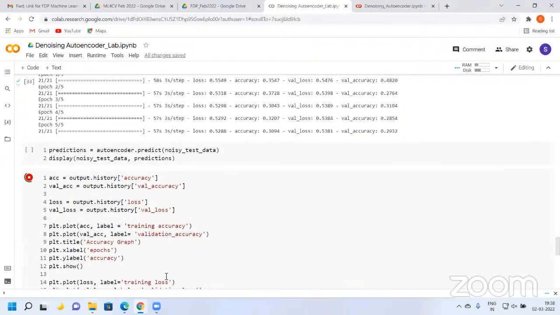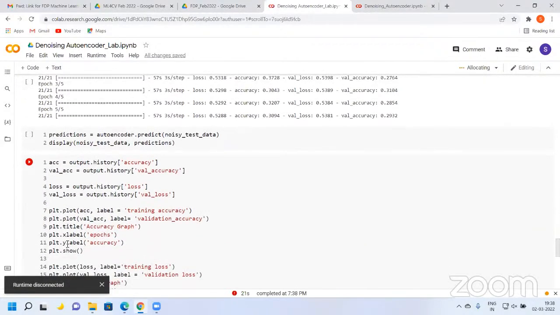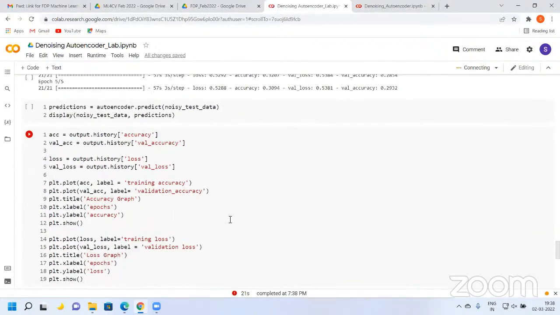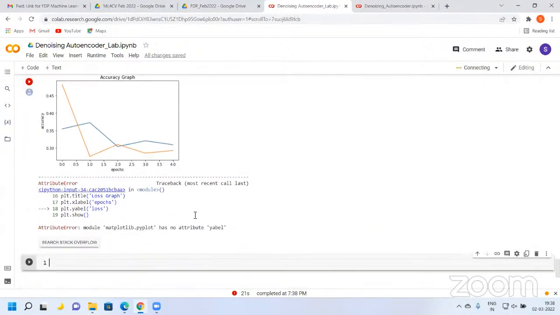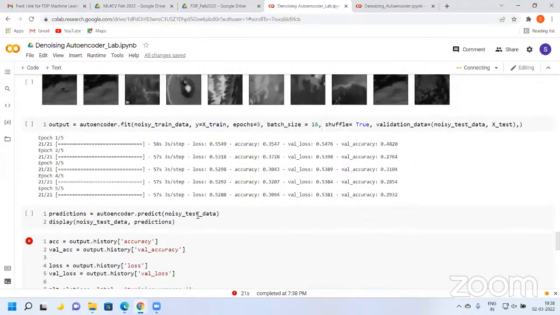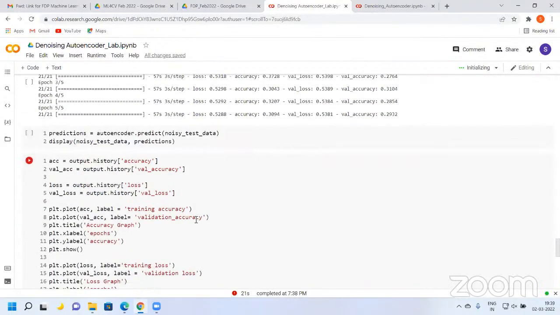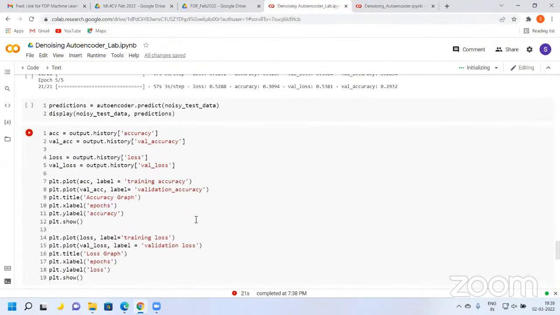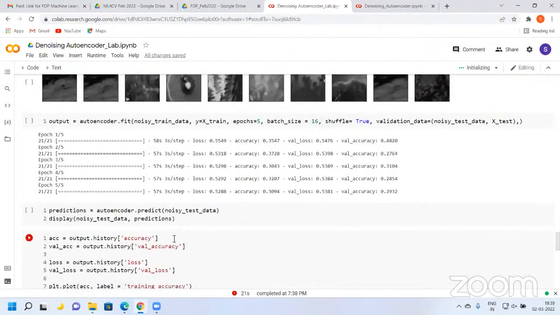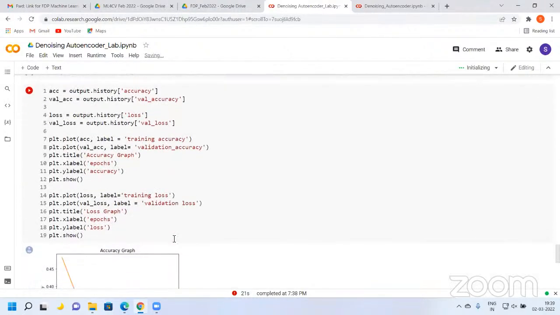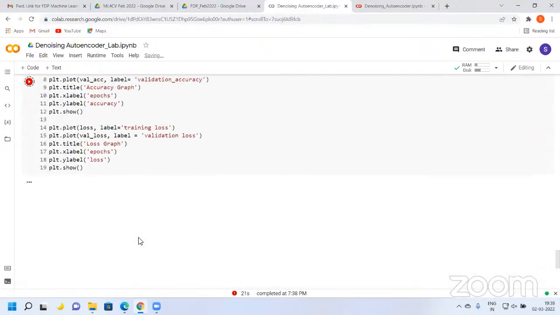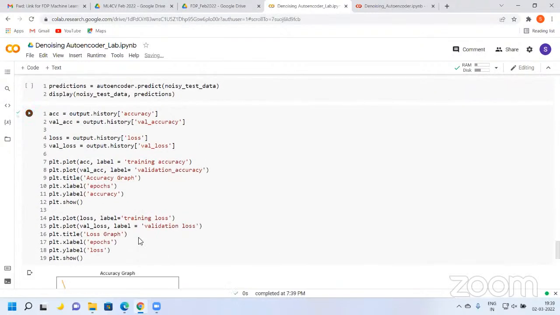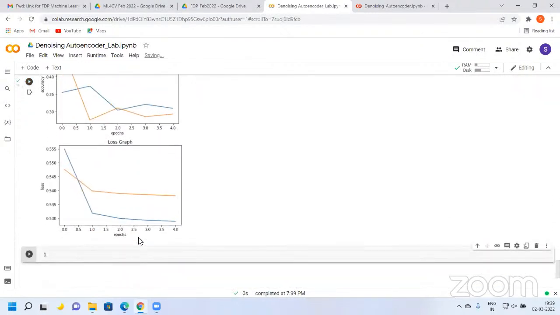Incremented with the number of epochs, but this is just to show how it works, how the autoencoder is formed. So the file that I have provided in the lab folder was getting trained nicely. There the accuracy was getting increased, and the loss was getting degraded with time. So that is the actual graph that should be